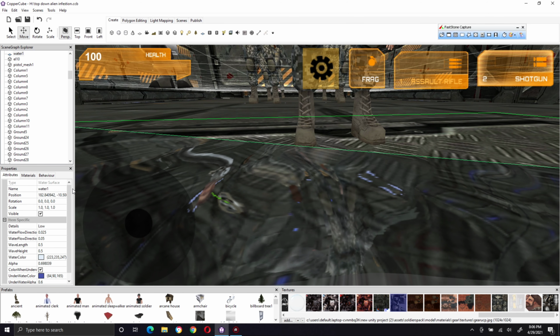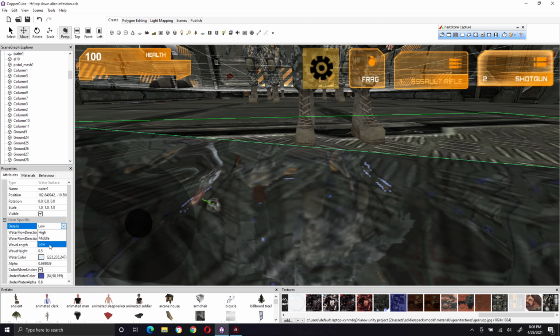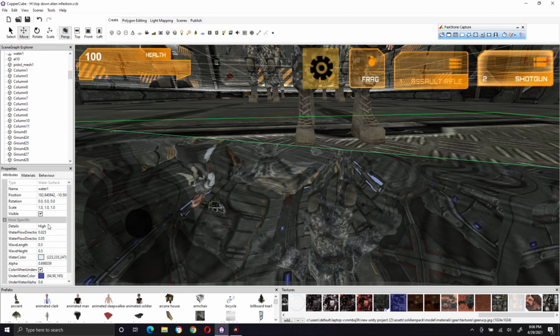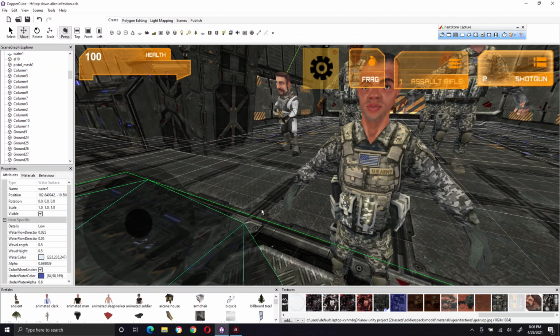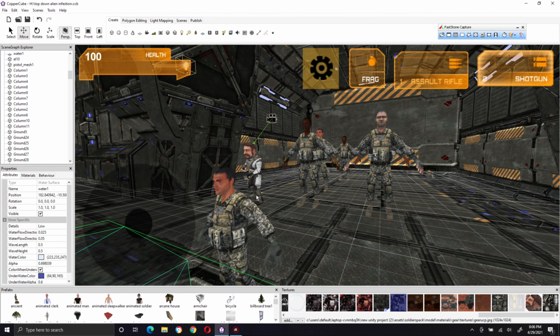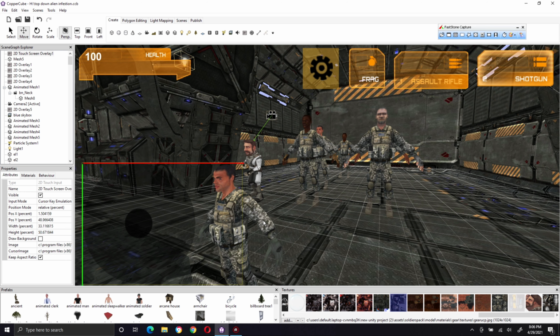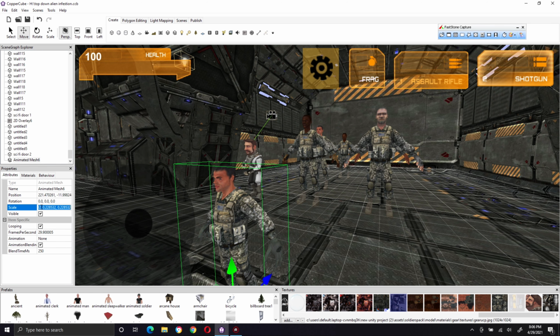He's reflecting quite nicely. The reflection is set to low. There it is at high. It is gorgeous. We're going to set it to low. Okay, see, we're going to set our dude to